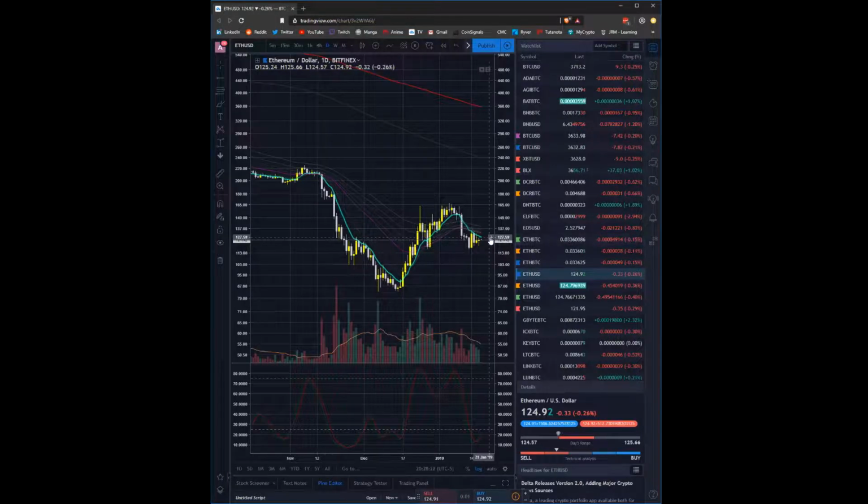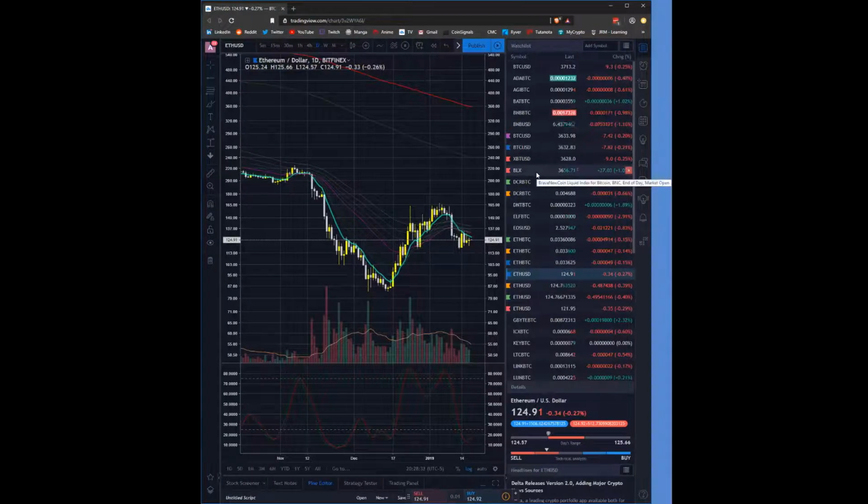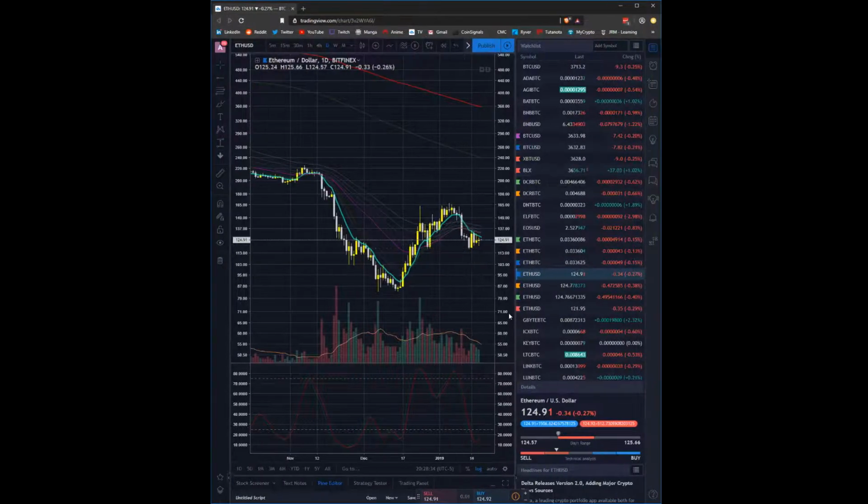When you're trading an altcoin that is directly correlated to it, which it won't always be the case, right? You always got to be careful for the current situation to change. Because at some point, Bitcoin might be flying while Ethereum's dumping. We don't know, right? But for the time being, they're correlated.